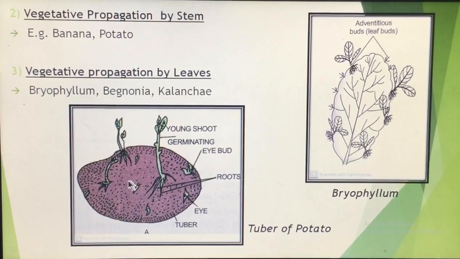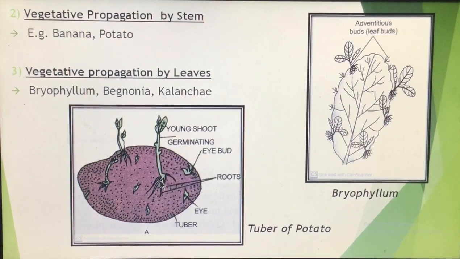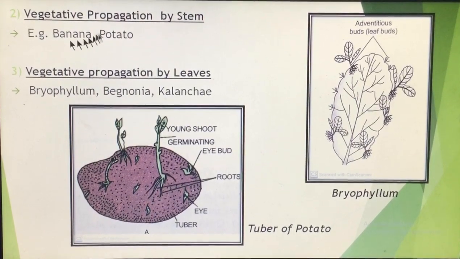तुमने देखा होगा बहुत बार rainy season में जो potatoes होते हैं, इसमें से green color की leaf-like structures start coming out during the rainy season when the moisture is present in the environment. So these new plants, they develop. You can make maybe 10 to 15 new plants from one potato tuber. एक potato में जितनी eyes हैं उतनी eyes को तुम निकाल के अगर वो ज़मीन पे लगा दो तो each eye will develop into a plant. So this is vegetative propagation by the stem, which takes place in banana also as well as in potato also.